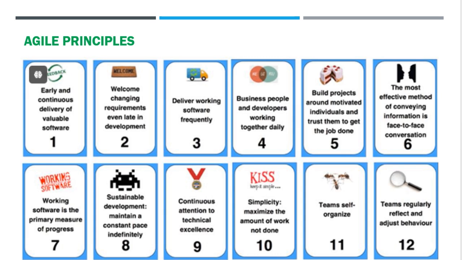Moving to the fifth agile principle, which states: build projects around motivated individuals, give them the environment and support they need, and trust them to get the job done. Imagine a gardener who provides rich soil, sunlight, and water to plants and then lets them grow on their own. The gardener trusts that with the right conditions, the plant will thrive.